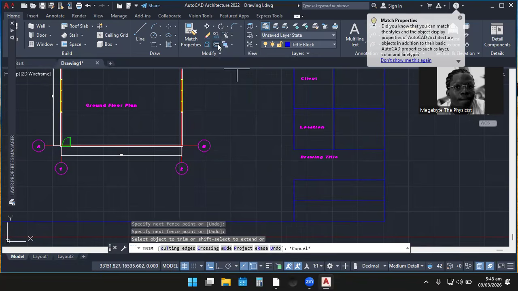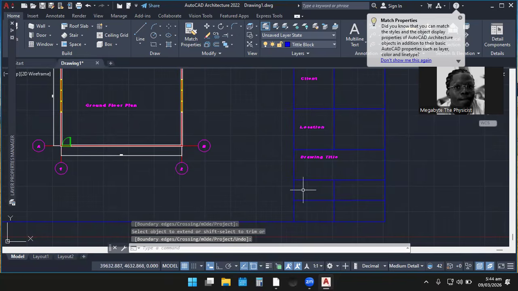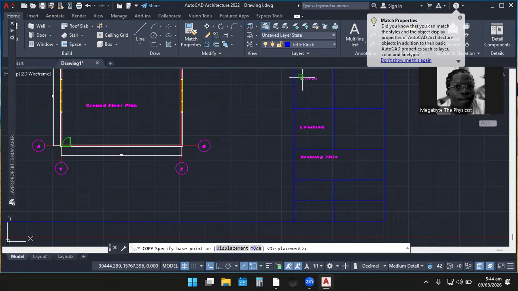Now I want to offset a distance of, let's say, 4,000. So I want to offset this to here. So it's flexible that I can now go and extend. So I can extend it back again. You see. So escape. So the name, I can just come and click this, copy it, specify a base point, and then I bring it here.